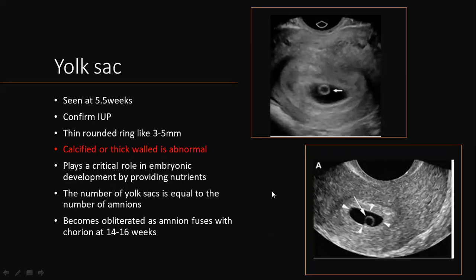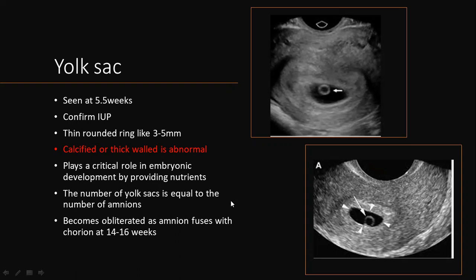If we're looking at twin pregnancy or multiple pregnancies, the number of yolk sacs is equal to the number of amnions. And please take note also on this yolk sac that one embryo is supposed to have one yolk sac. It's abnormal for us to see one embryo and 2 yolk sacs. So each yolk sac should be associated with one embryo. That's why when we are dealing with multiple pregnancies early in the first trimester, we can actually count the number of yolk sacs to ascertain the number of